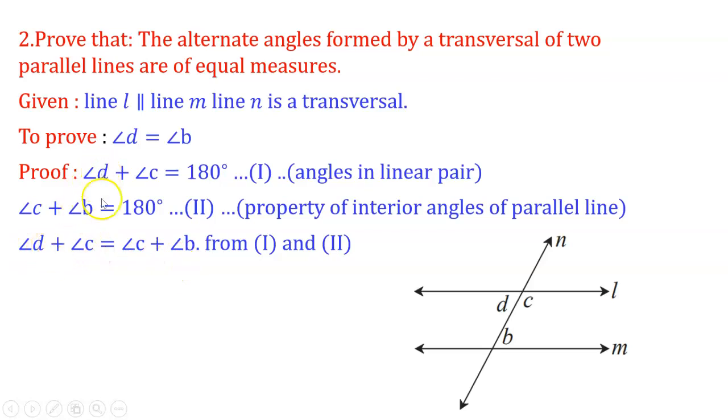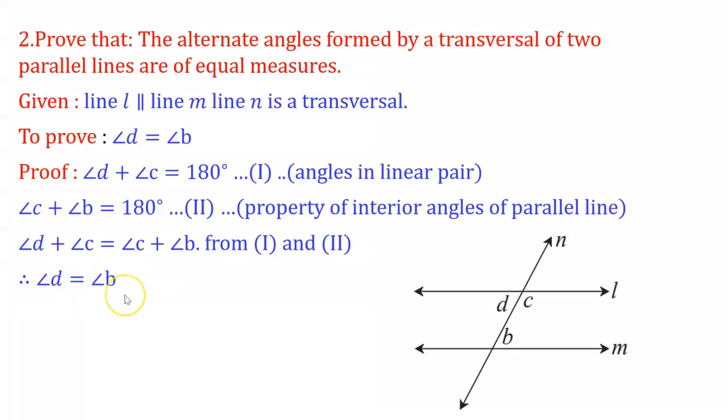That is D plus C is equals to C plus B. दोन्ही साईडला C आहे तो C आपण कट करणार. Therefore angle D is equals to angle B, and these are nothing but the alternate angles, and hence we have proved it. Okay. Now next,